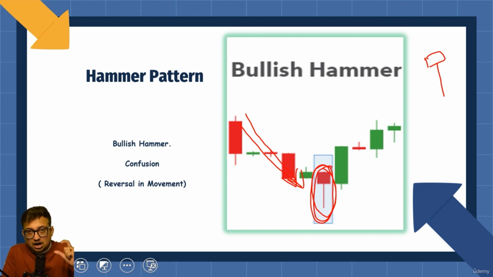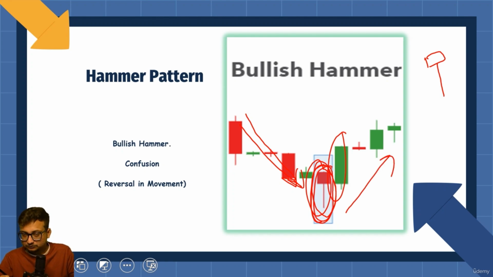So after this type of candle, if you see a strong bullish engulfing candle or a strong bullish candle, the color has to be green. Remember guys, here the bullish candle's color has to be green, right? If you see that bullish candle, then there is a confirmation that okay, you can go for long, because market will go upward now. So the candle looks like this,